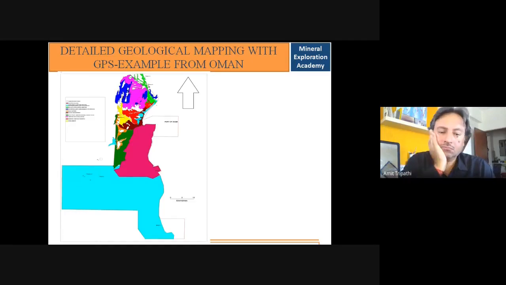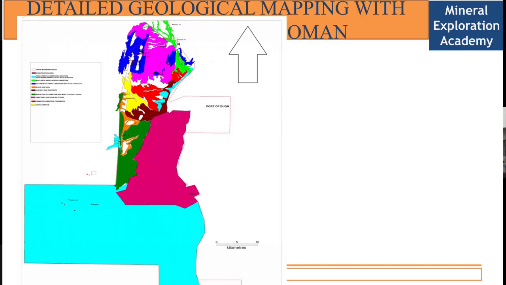This is a geological map I prepared. I worked in Oman recently on non-metallic minerals, and I was given the task to prepare the geological map for their lease. I did this geological mapping through regional traverses, and based on regional data and traverses I prepared the map for them. This is basically a dolomite and limestone rich terrain. Limestone is of Tertiary age, the dolomite is of Paleozoic age. In the northern part the Paleozoic rocks are there. As we go further south, the Tertiary rocks are exposed.